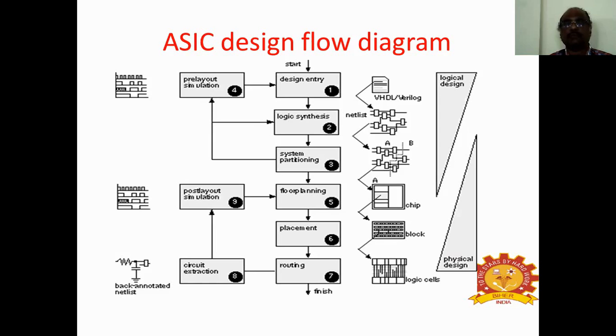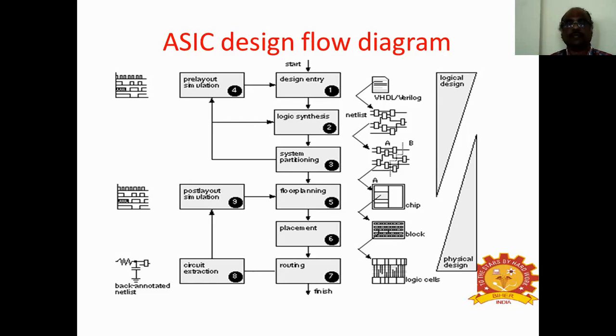Then after that, the next step is placement. Placement is deciding the location of the cells in a block. We have to see that the blocks are placed in a proper manner so that the silicon wafer is utilized efficiently. Then finally, routing, the connections between the cells and the blocks. Even after arranging the blocks properly, the routing between the cells and the blocks must be done in the seventh step, which is called routing.